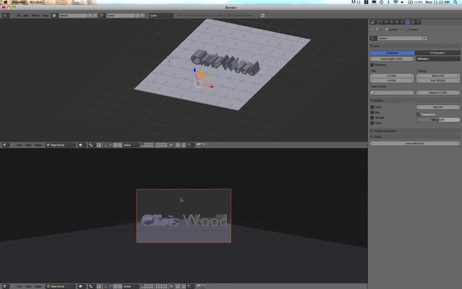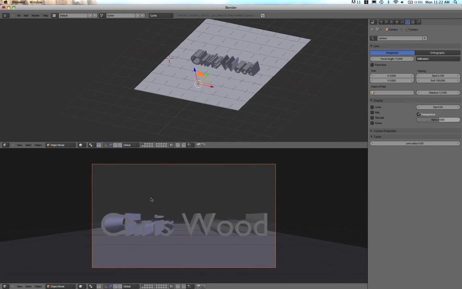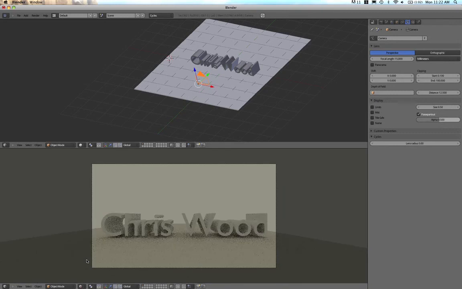Okay, so we're looking good. This outline is showing me what the camera's seeing. Remember, I hit 0 to enable that camera. We can zoom in on the camera a little bit more. That's all looking okay for the moment. So the camera's all set up. Now, the next thing we need to do is start to have a look at how this render is looking. So I'm going to go up to my render tab here, and okay,